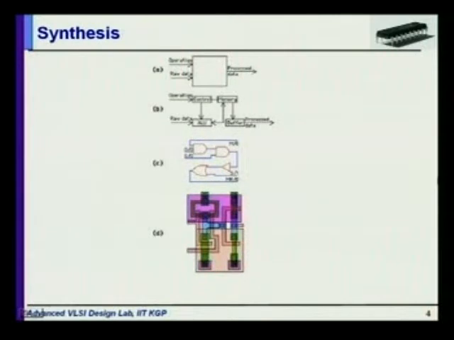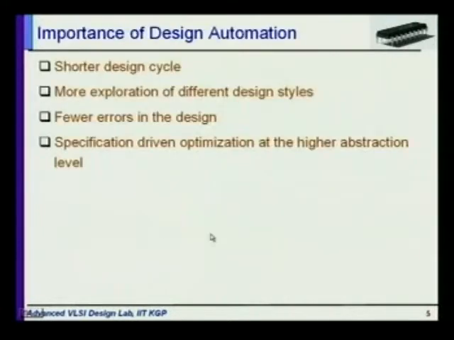Here, the first picture shows the input specifications and the output of a particular chip, and then this is one kind of RTL, where we have several blocks and their interconnections. And at the gate level, suppose your ALU is like this, you go to the gate level of a particular design, the exact gate level design of every block, and this might be the structure of your final chip.